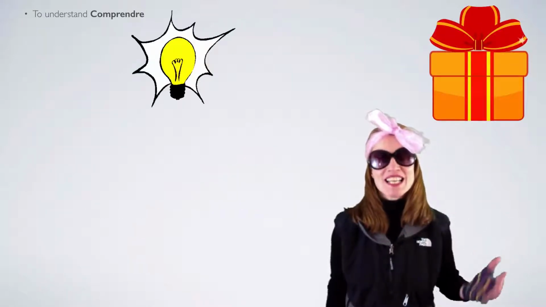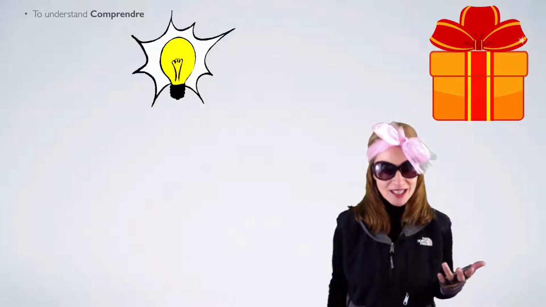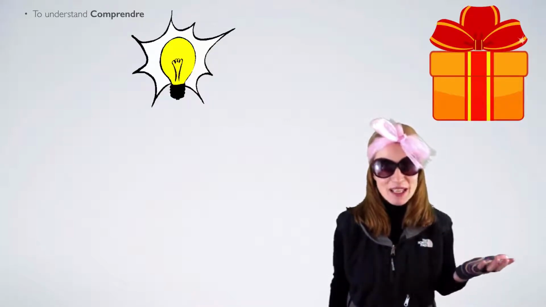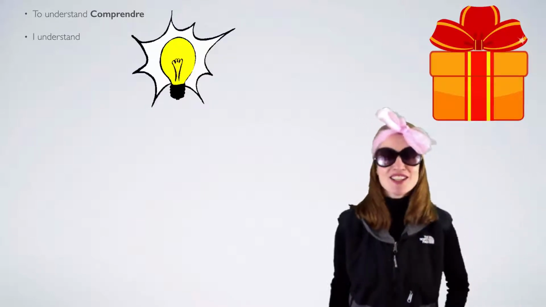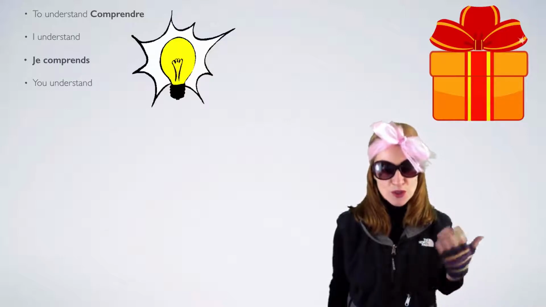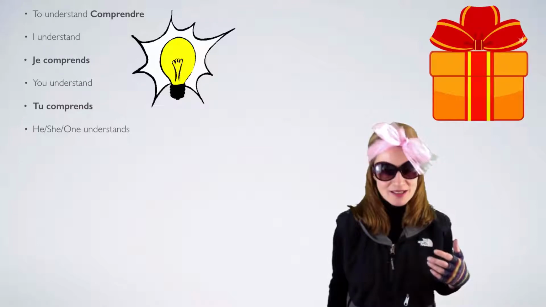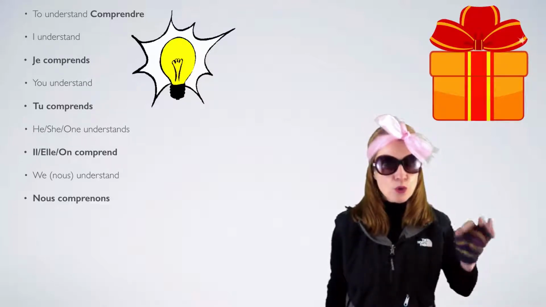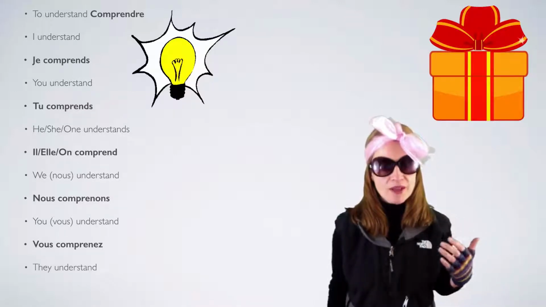To understand is comprendre. You've got the word prendre in there, which is wonderful because it means that it is conjugated exactly the same way in the present tense. Let's do it. I understand. I'm understanding. I do understand. Je comprends. You understand using tu. Tu comprends. He, she, one understands. Il, elle, on comprend. Using nous. Nous comprenons. Using vous. Vous comprenez. They understand. Ils, elles